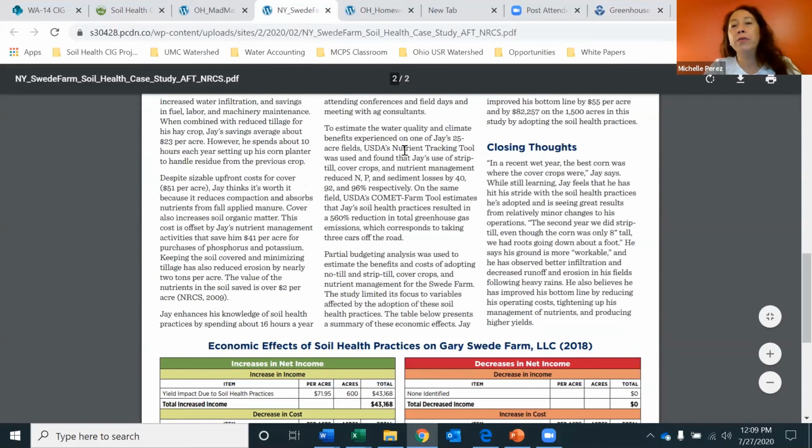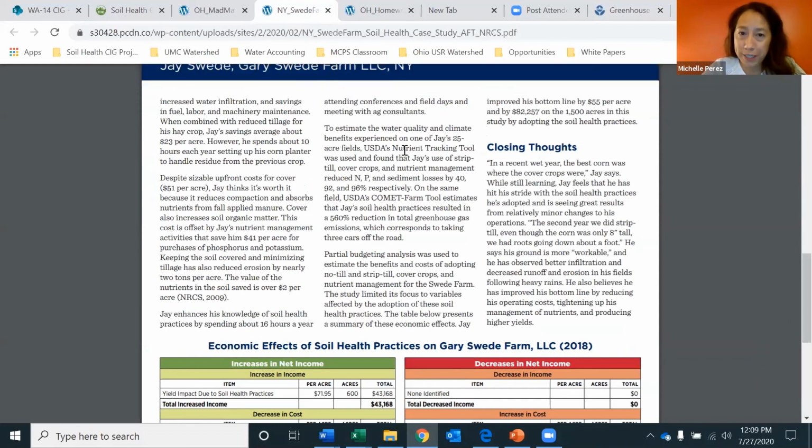And so we really, after all of that blood, sweat, and tears, to put the farmer through the 1.5 hour nutrient tracking tool and Comet Farm tool combined interview, for our team to go back in and enter the data into both of those tools, and to do the additional analyses, we resorted to summarizing the data in this one